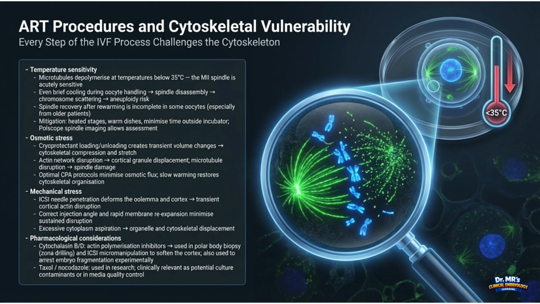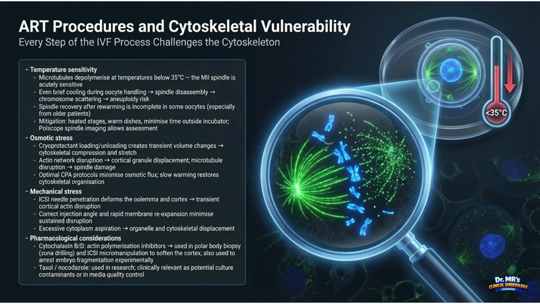When you aspirate aggressively, you are literally tearing the actin meshwork, violently displacing organelles, and ripping the intermediate filament networks away from their nuclear anchors. You can physically destroy the architecture of the cell. Let's also touch on pharmacology in the lab, because sometimes we intentionally chemically disrupt the cytoskeleton to make our jobs